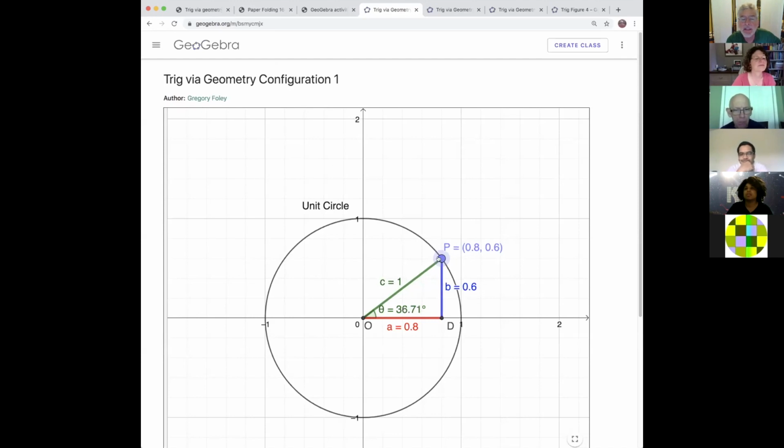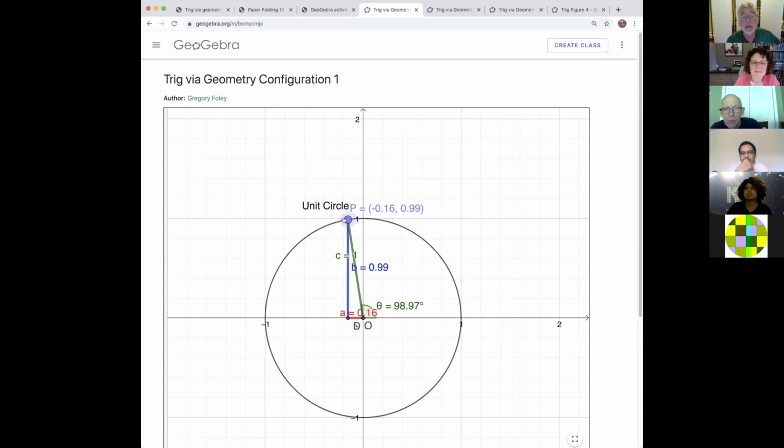So you've got one increasing, the other decreasing. Yes. So if I'm moving in the first quadrant counterclockwise, A is decreasing and B is increasing. And C stays the same. And then in the next quadrant,